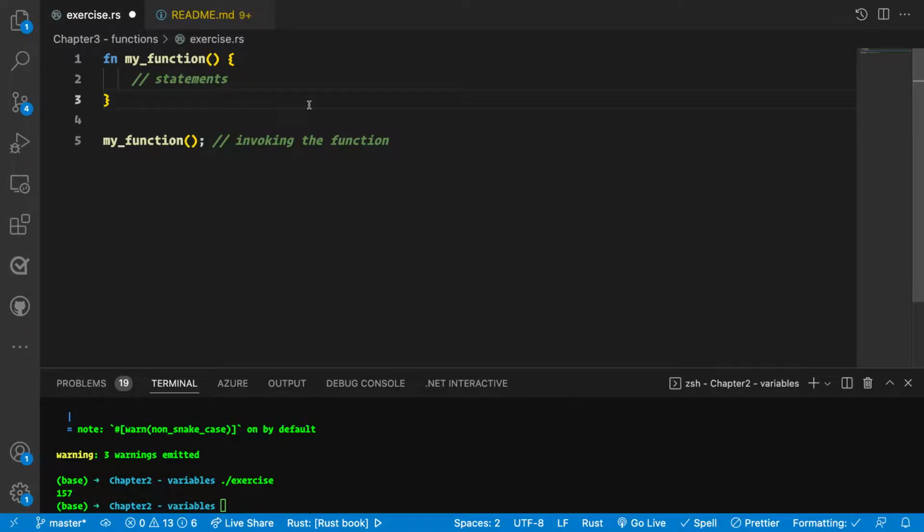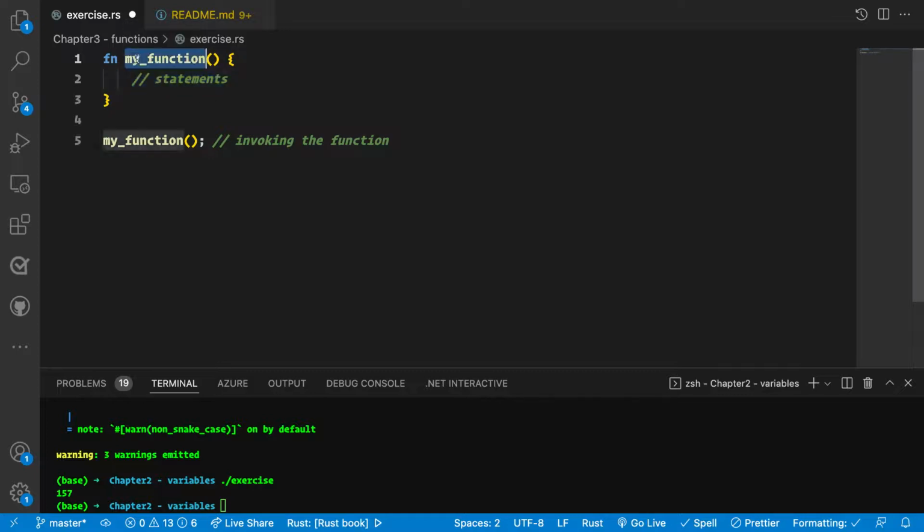First off, when it comes to functions, why do we have a function? We have a function because we're interested in having a set of statements that we can reuse. So instead of just copy-pasting those statements all over our code, we take those statements and we group them under a named reference. For example, in this case, I've taken a bunch of statements, I put those inside of here,